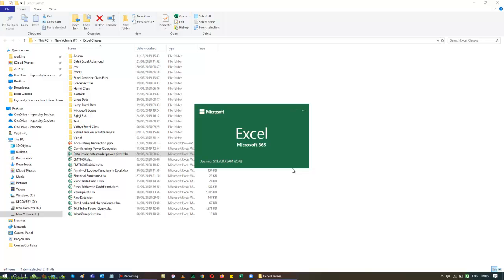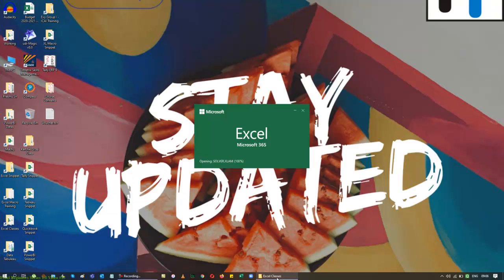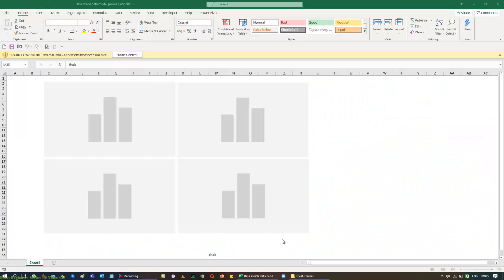Again, it's tabled data that I have here. It's going to be bigger data. So in this data, I will try to add grid lines here.